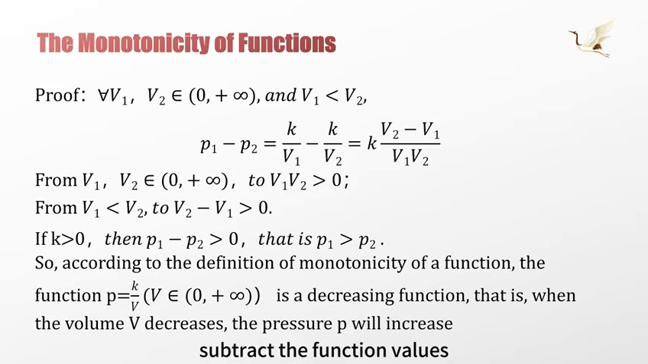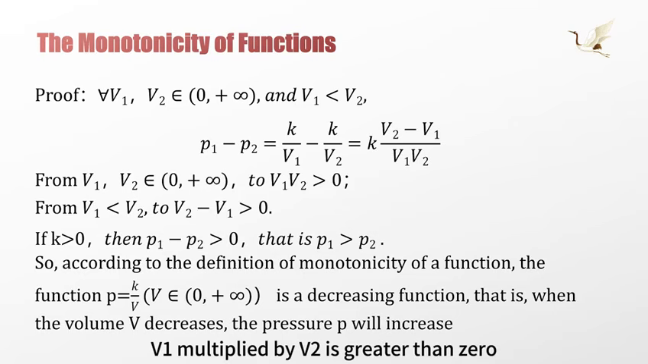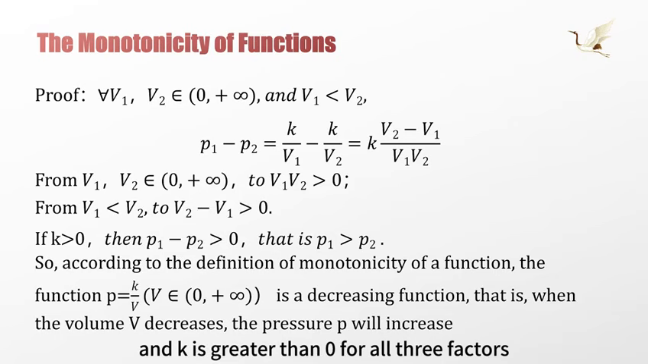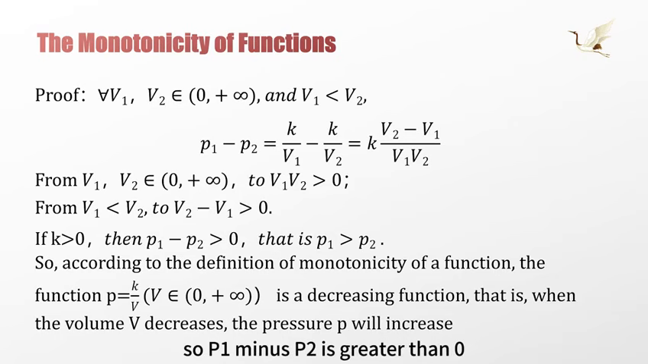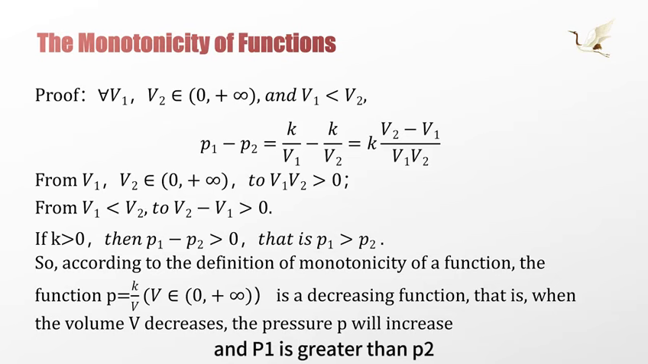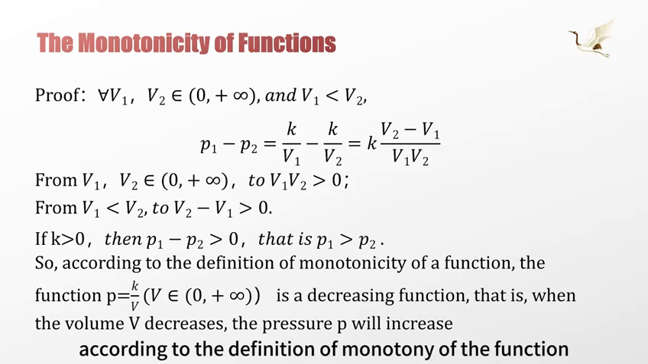Subtract the function values: P1 minus P2 equals k over V1 minus k over V2, which is equal to k multiplied by (V2 minus V1) divided by V1 times V2. Since V1 and V2 are taken in the open interval from 0 to positive infinity, V1 multiplied by V2 is greater than 0, and since V1 is less than V2, V2 minus V1 is also greater than 0, and k is greater than 0. All three factors are positive, so P1 minus P2 is greater than 0, so P1 is greater than P2. Since we assumed that V1 is less than V2 and P1 is greater than P2, according to the definition of monotonicity of the function,